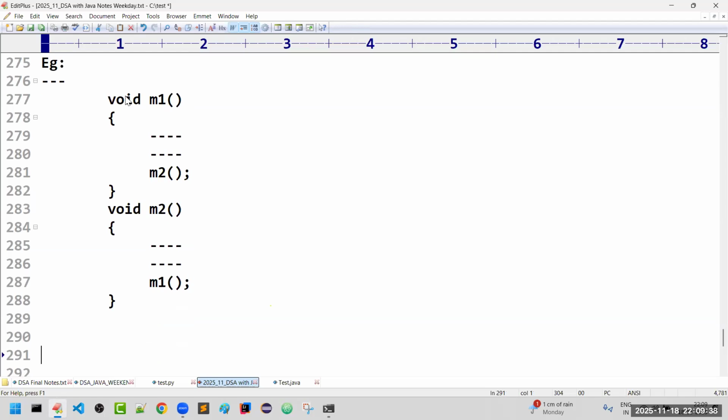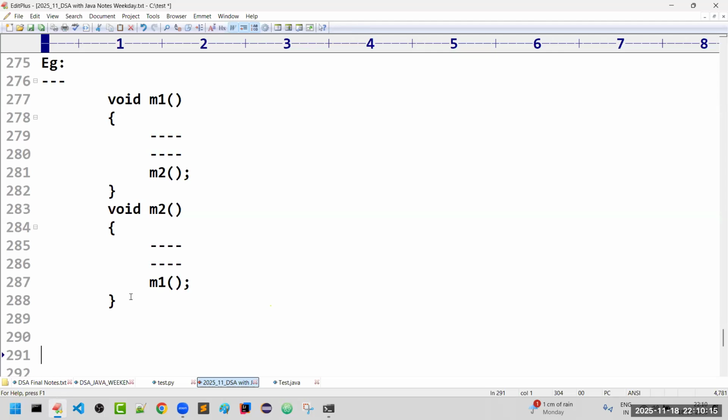It will never stop. So if you want to stop, what do we need to do? We have to write a base condition, right? Since there are two methods, m1 and m2, for which method do we write the base condition? For both cases, we have to write a base condition. Don't worry, these kinds of applications we also have in our regular classes. But what is this kind of recursion? Direct and indirect. Direct means we are calling directly. Indirect means we are calling indirectly. That's all.